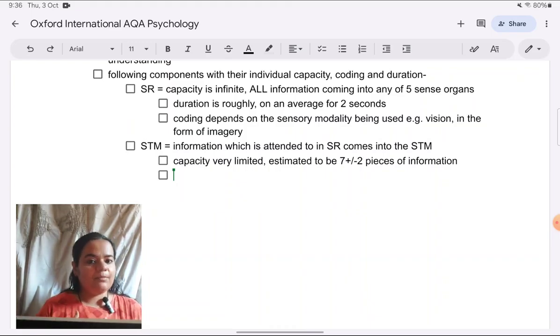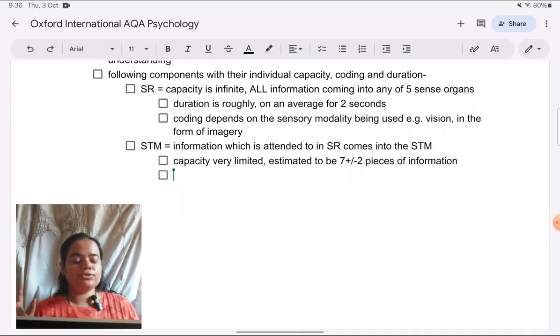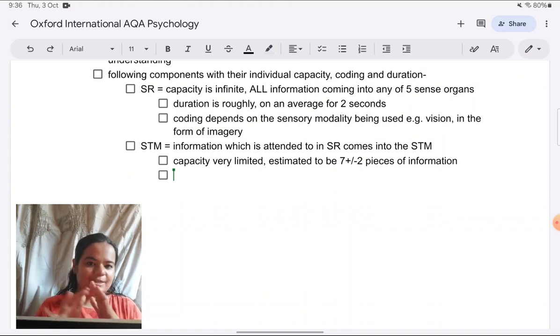One thing is those are more helpful for evaluation, because you indicate that research evidence is there to support. Secondly, if you get into extreme details of only one storage, you do an imbalanced coverage. I know a lot about STM, so I'll write a lot about STM. I don't know so much about SR and LTM, so I'll write very briefly. That's not a good approach. Take a balanced approach. They're asking you about the whole MSM, so you should give equal weightage to all the storages.